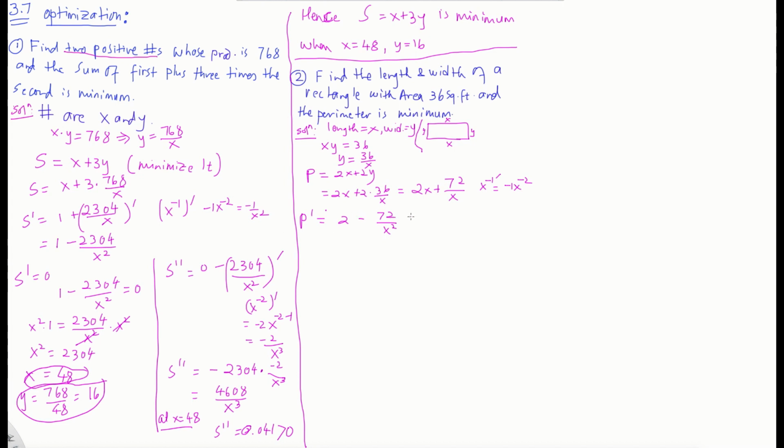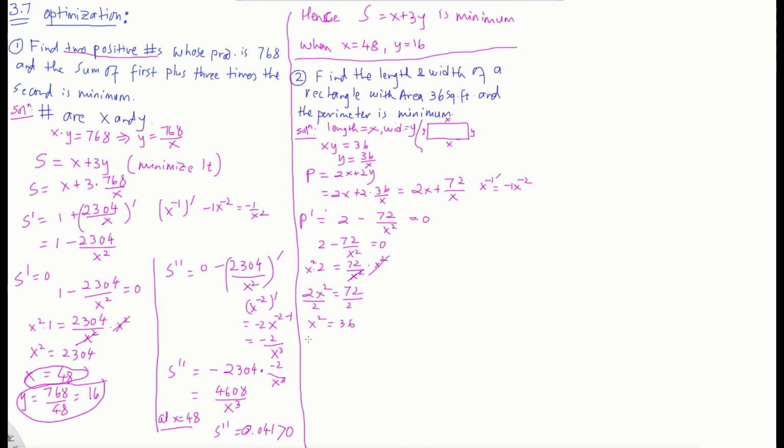And to find out the critical value, what you do, you set that equals to 0, right? If you set that equals to 0, you will get 2 minus 72 over x squared equals to 0, right? Now add this to both sides. You will get 2 equals to 72 over x squared. Multiply by x squared on both sides. What do you get? Is 2x squared equals to 72, right? You cancel this and that. So divide by 2 will give you x squared equals to